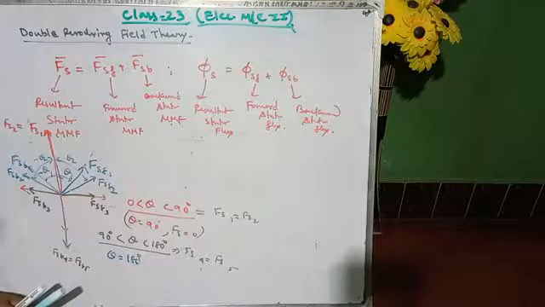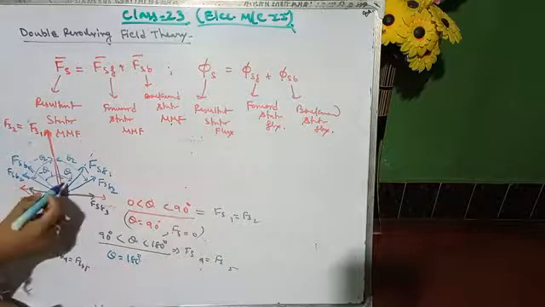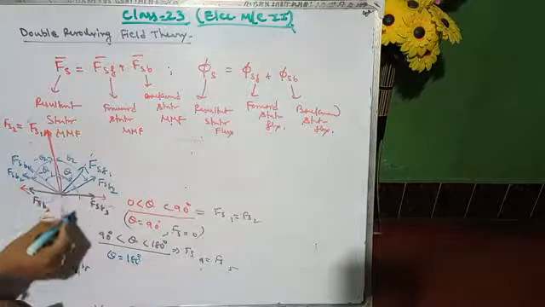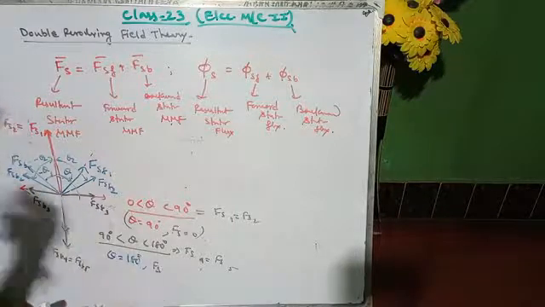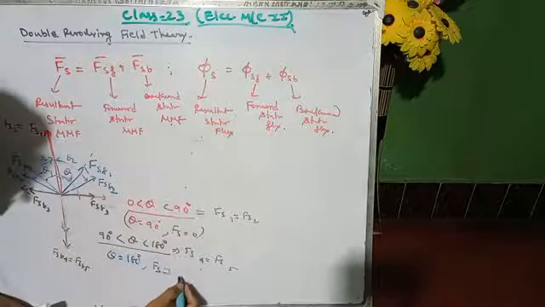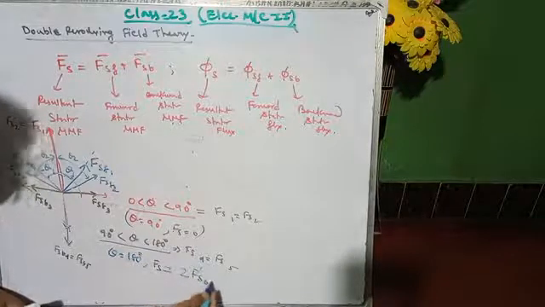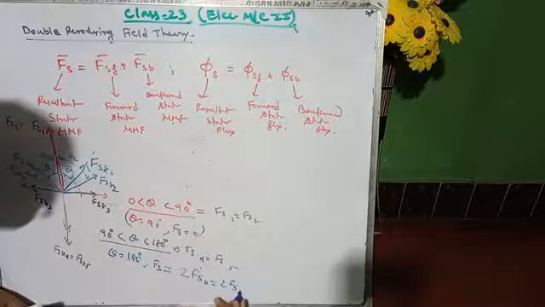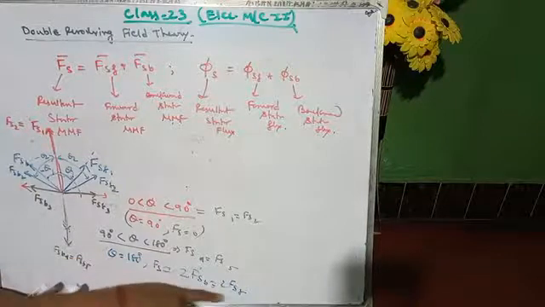Theta equals 180 degrees means it will follow on this line, so it will be 90 degrees and 180 degrees. When it is 180 degrees, then f of s will be completely added, right? So it will be 2 times f of sb or 2 times f of sf, whatever you can say. So at 180 degrees it will be 2 times of it.